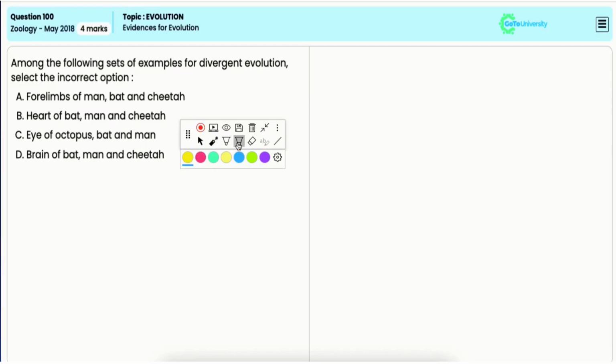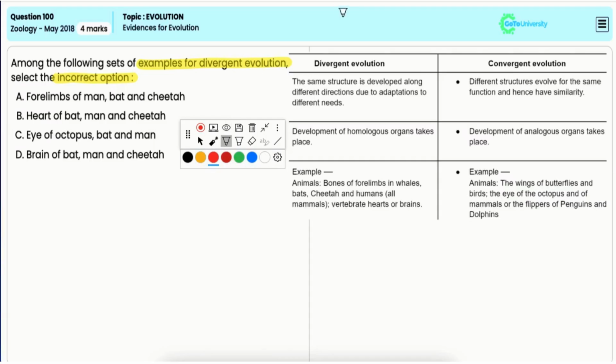In this question, you have to select the incorrect option among the following sets of examples for divergent evolution. Now, divergent evolution occurs when two or more species sharing a common ancestor evolve different traits, mainly due to different